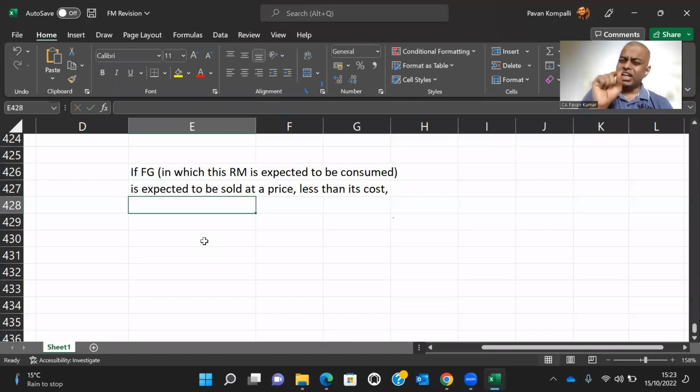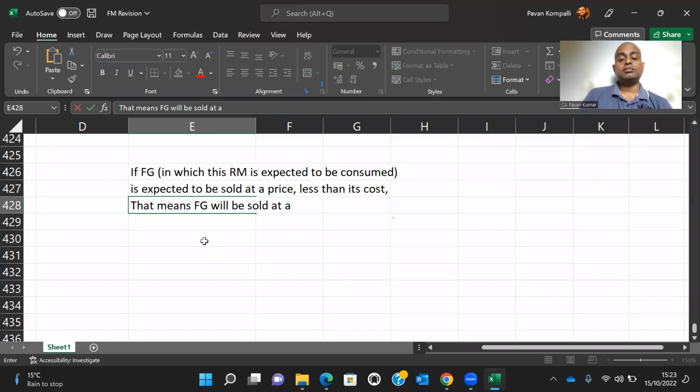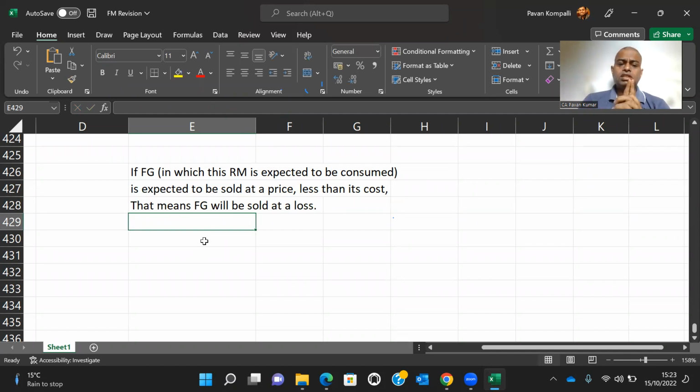What is the meaning of this phrase? That means finished goods will be sold at a loss. The moment you come across "that means finished goods will be sold at a loss," the next second a student says, Pavan